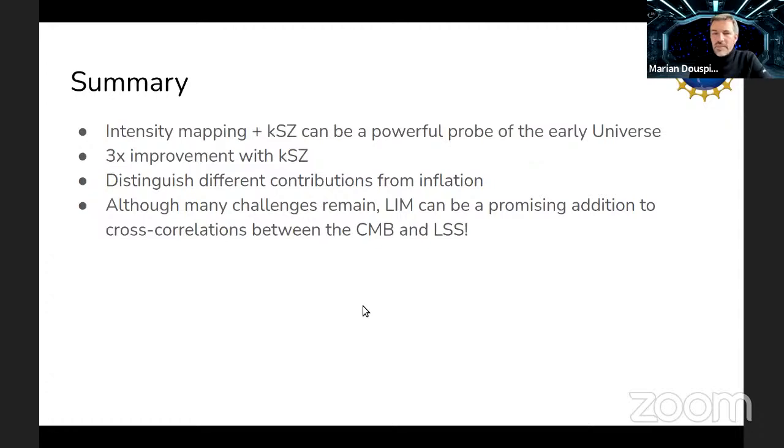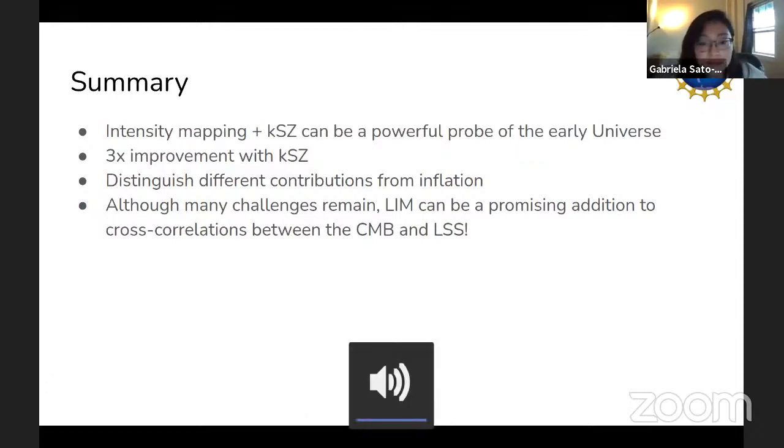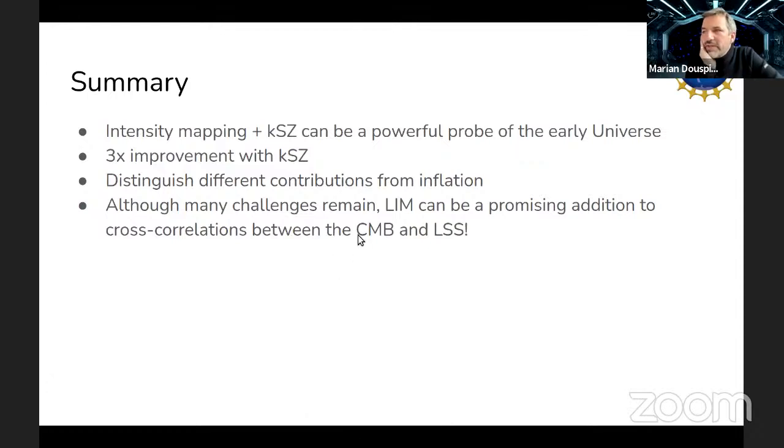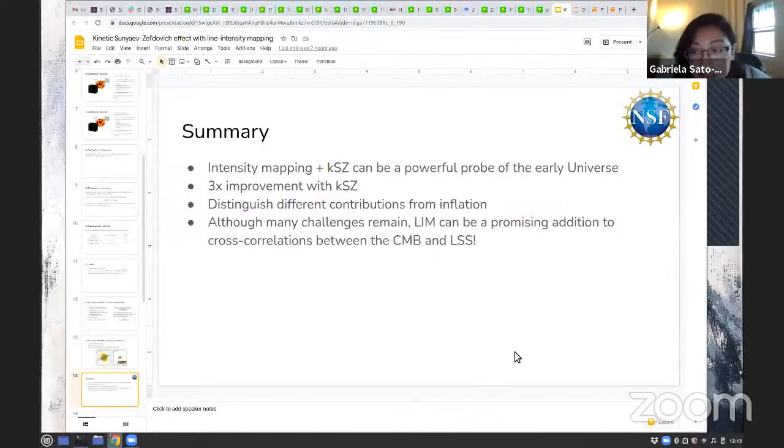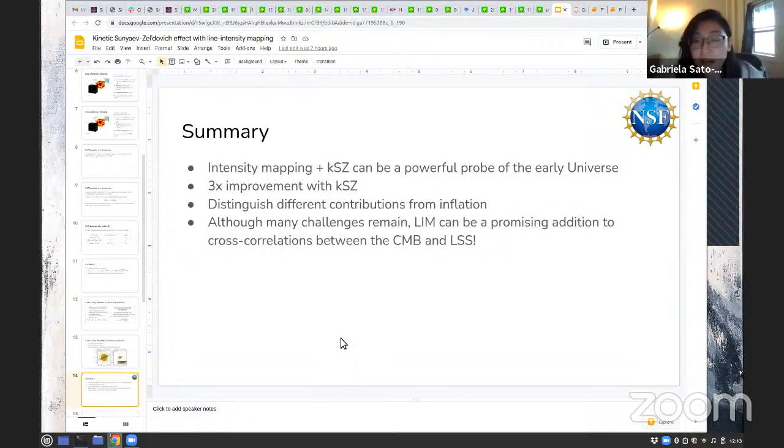So there's a question from Emmanuel. Thank you for the great talk. Does this kSZ detection require measuring the low k parallel or k parallel equals 0 mode for the intensity map? The k parallel mode, was that the question? Yeah. Does it need to be? Yes. It is a part of the signal.